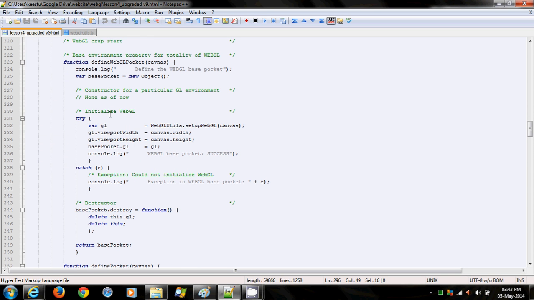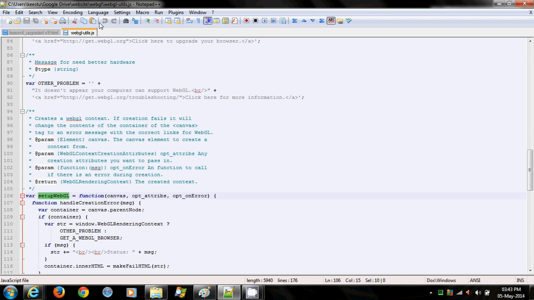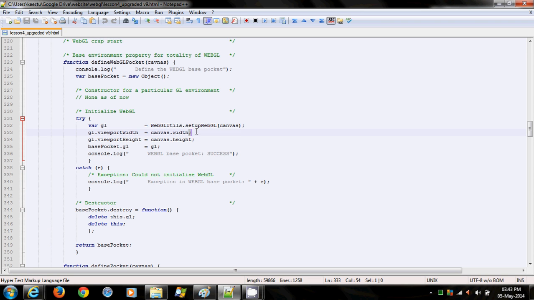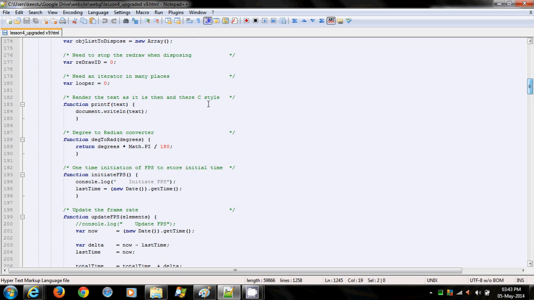Now coming to the WebGL. Now WebGL base pocket, what it contains is, it just uses setup WebGL, which is over here. Fine. So this code has been used, setup WebGL, and this will trigger initialize the WebGL. Canvas width and height of the canvas has been assimilated over here. Fine. So coming to the top, it starts with